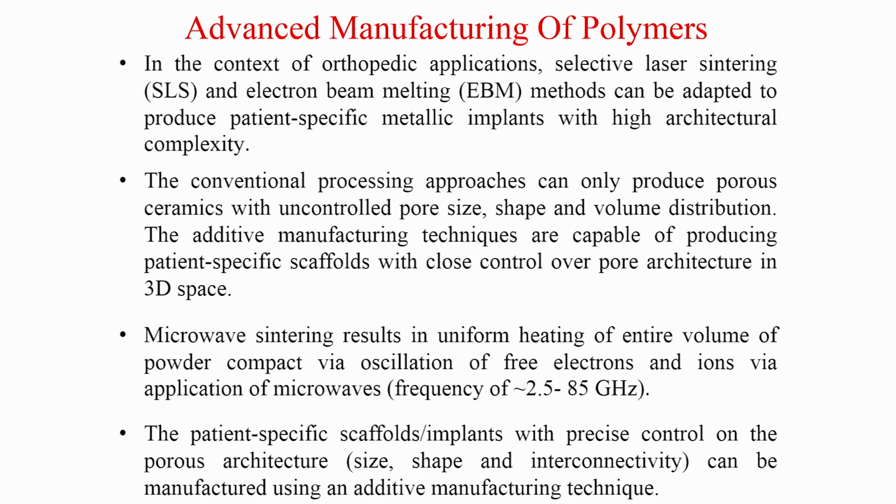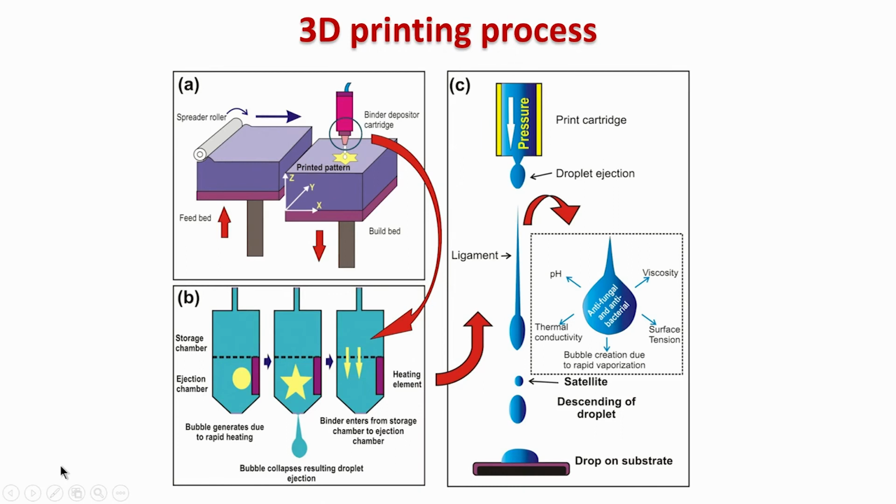Now, these are what are called conventional manufacturing techniques of the polymer, but there are certain advanced manufacturing techniques also investigated at the lab scale, and some of them have also been used currently in industrial scale production of the polymers, particularly for many biomedical applications like orthopedic applications. Selective laser sintering is important, or electron beam melting is important, and microwave sintering is also another technique used for uniform heating of ceramic based materials. One of the advanced manufacturing techniques which has particularly received wider attention is 3D printing. Now, 3D printing is also used for polymeric based materials.